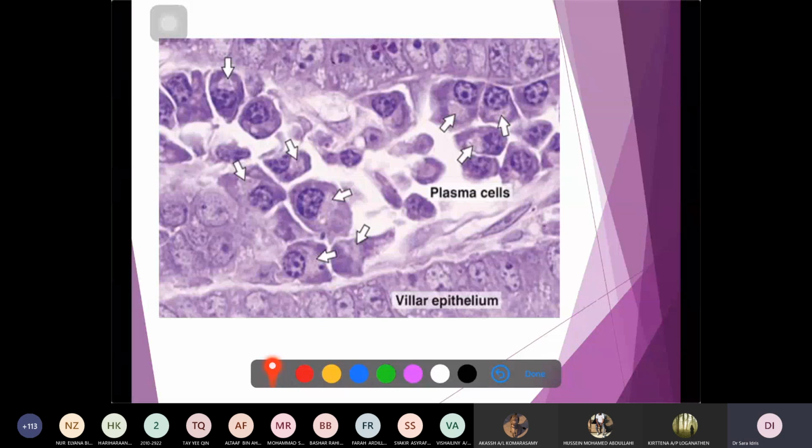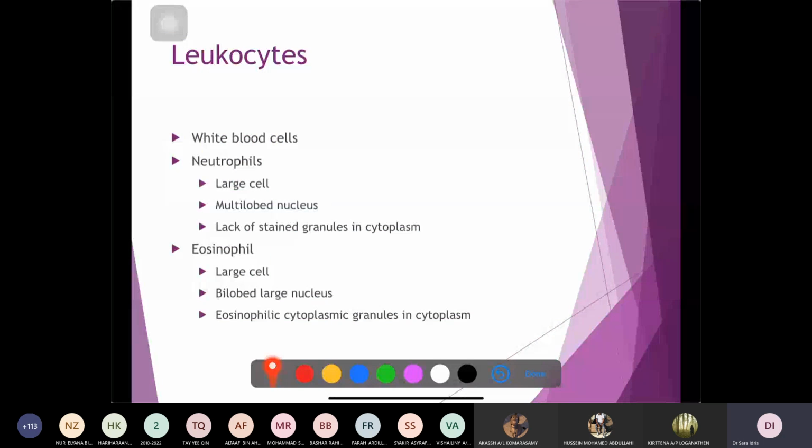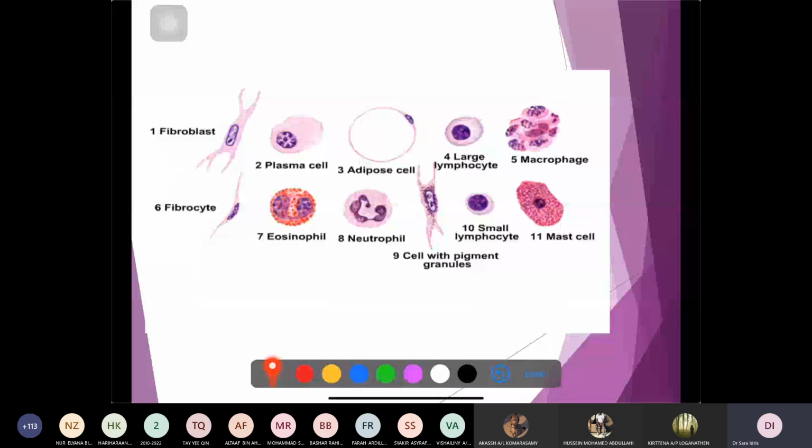identify the plasma cells. Next, the cells that wander around in your body are your leukocytes. Leukocytes are your white blood cells. You have different kinds of white blood cells. You have neutrophils, you have eosinophils,